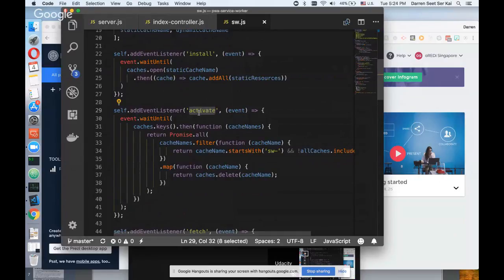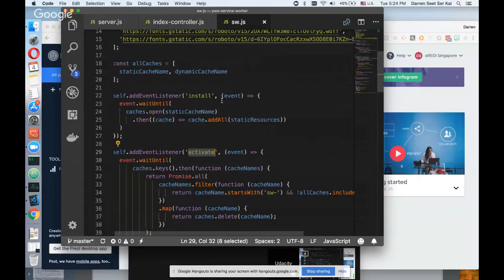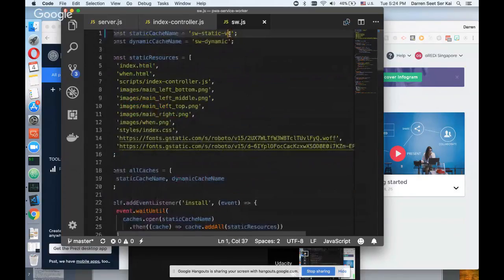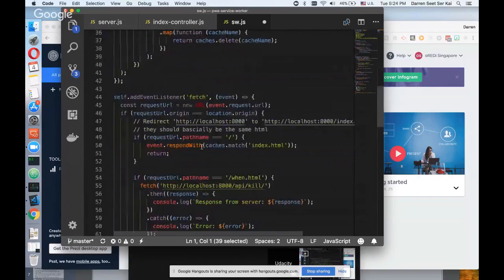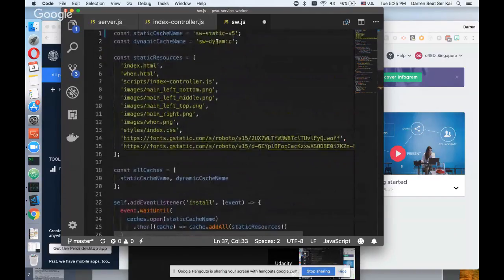The one clearing the cache is actually the new version of the service worker. Say I update this from 4 to 5, and when the user triggers the update, the service worker that does the deleting of cache is not the v4 version, it's the v5 version. The reason is you do not want to delete your cache before the new service worker takes over.